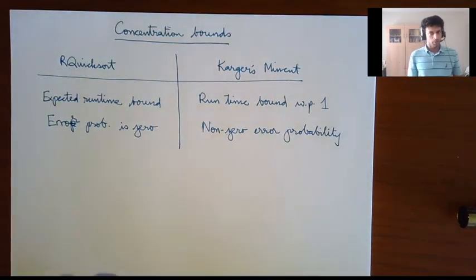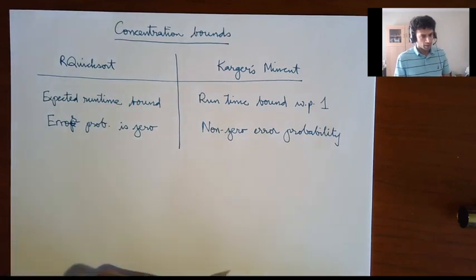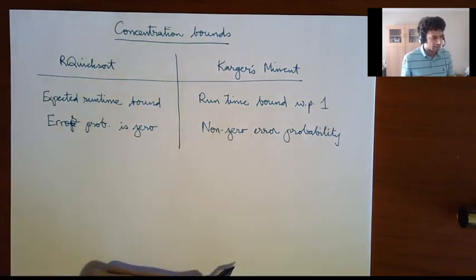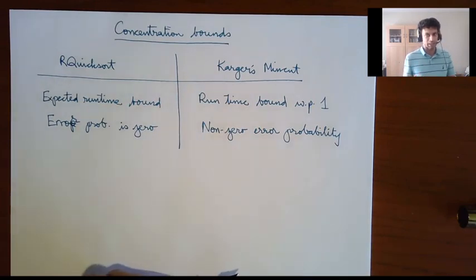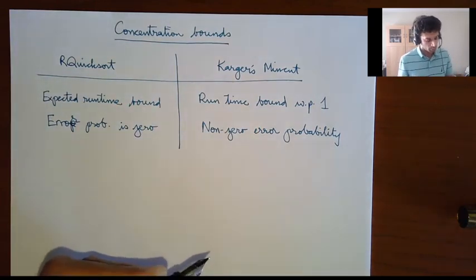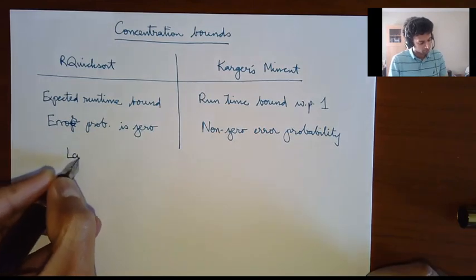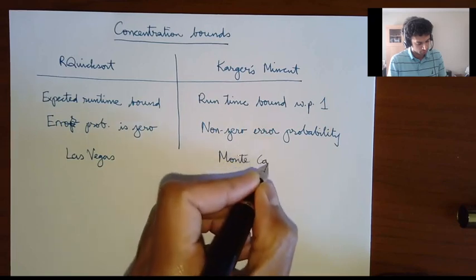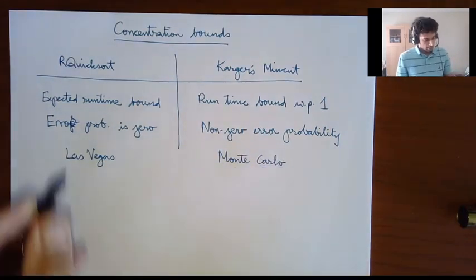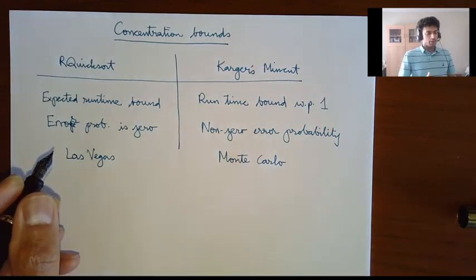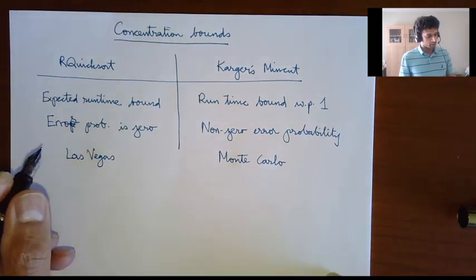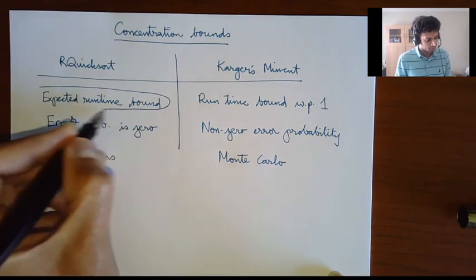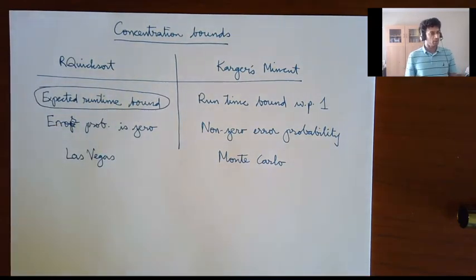So there was a contrast between these algorithms, and this terminology is not used so commonly anymore, although essentially these are referred to as Las Vegas algorithms and these are referred to as Monte Carlo. And what I'd like to discuss, which will extend into a few lectures, is to understand what do you do with expected runtime bounds? What can you infer from them, and do you get more information than just the expectation?